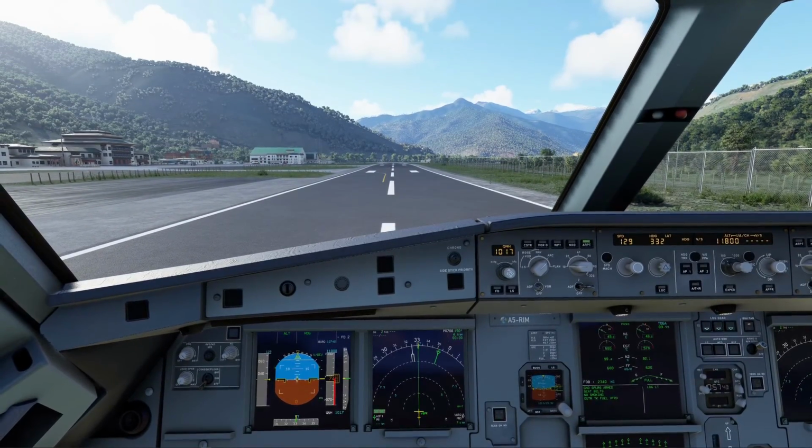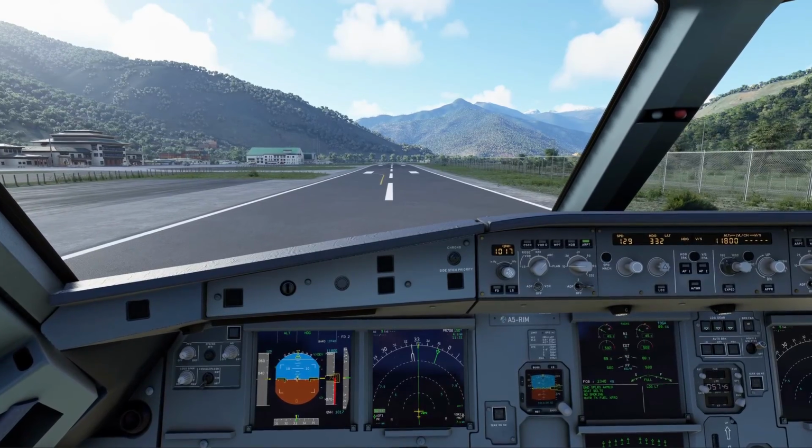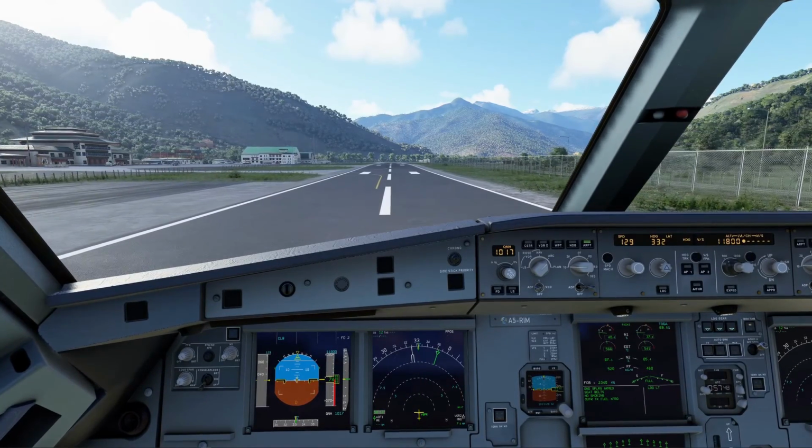Alright, the auto brakes, just touch the pedals to turn that off. It's brought us to a standstill.